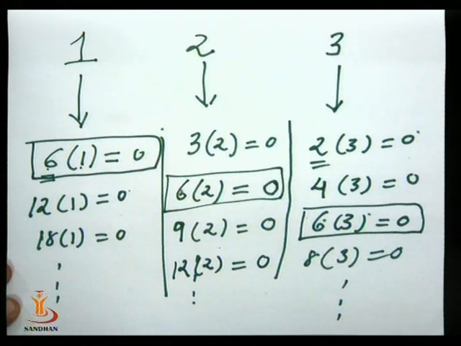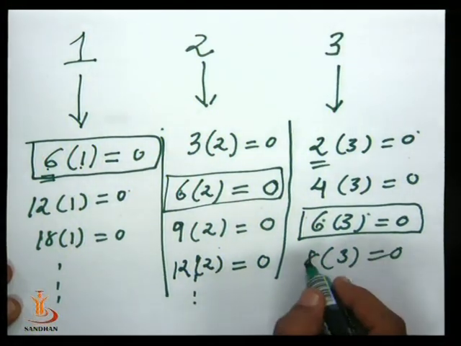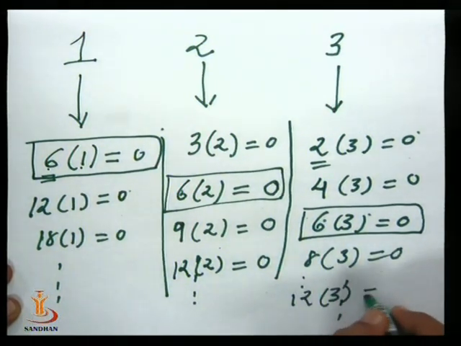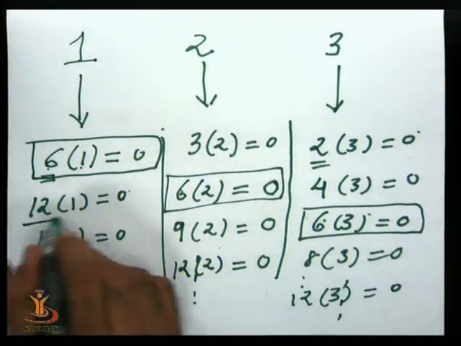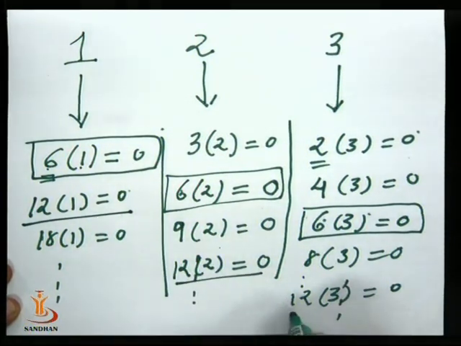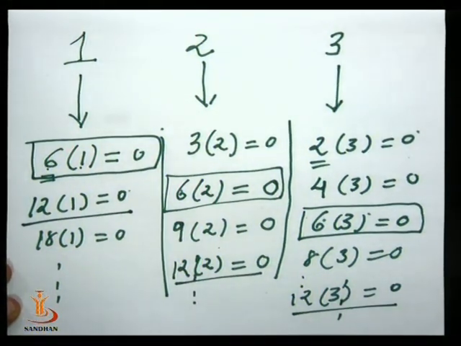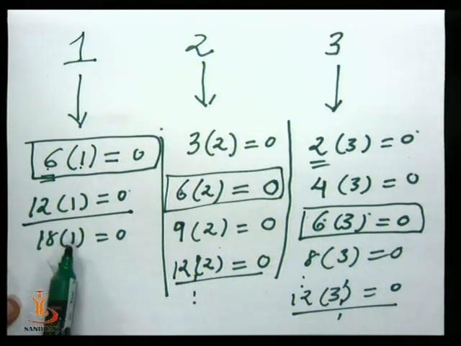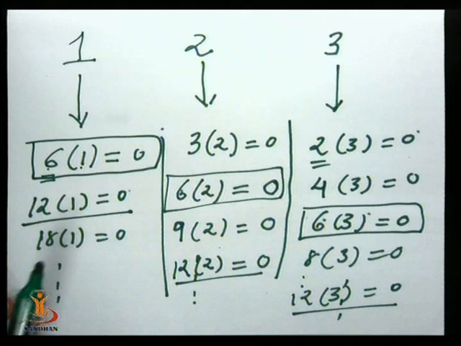So this is 0. Okay, here also after 8 we'll have 10, and then after that we have 12. So that is 0. So even 12 is a common number. 12 comes here, 12 comes here, 12 comes here. So there are two common numbers appearing on the screen. 6 comes everywhere, 12 comes everywhere, but the smaller number is 6.